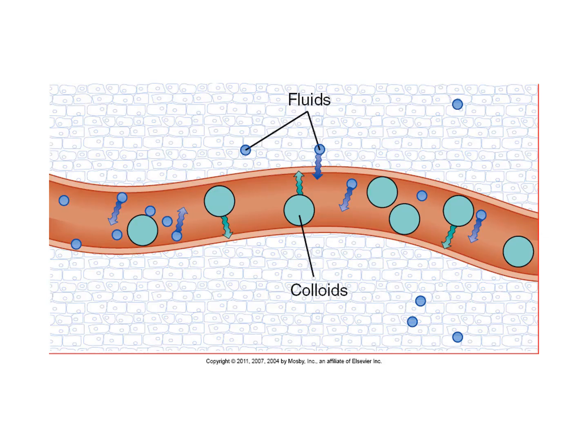Now look at this picture. Fluids are outside the compartment. They tend to move outside towards the periphery and reside in the extracellular space. And colloids are the larger molecules. They are protein in nature, and they are confined to the intravascular space or plasma space, and thus increase the volume expansion.